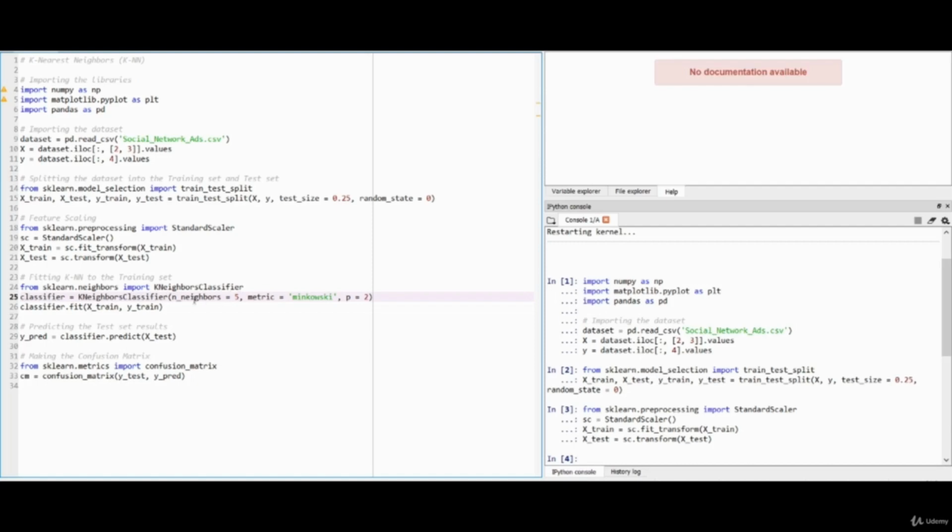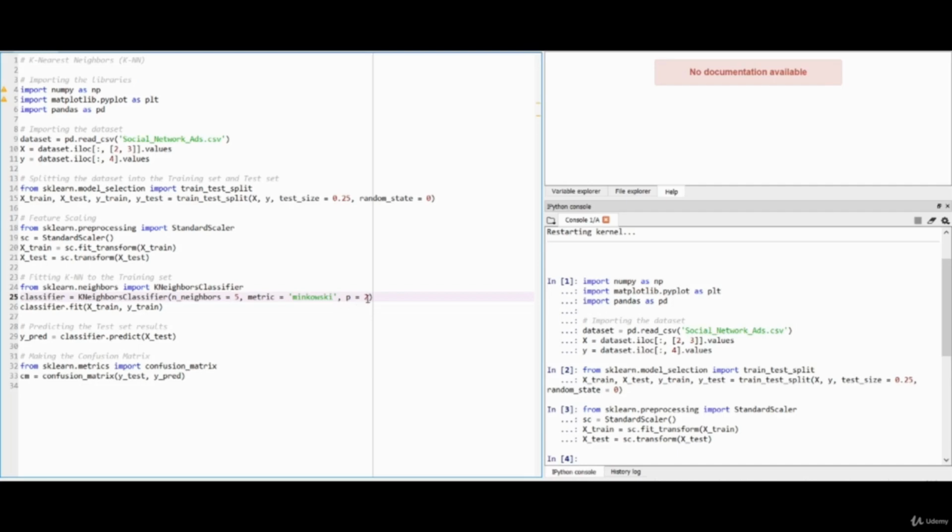The first parameter is n_neighbors, which is the number of neighbors you want for a new data point. As always, we are using the default value 5. The second parameter is metric, which is a default parameter. If you don't mention it, its value is Minkowski, and metric equal to Minkowski is used for Euclidean distance.